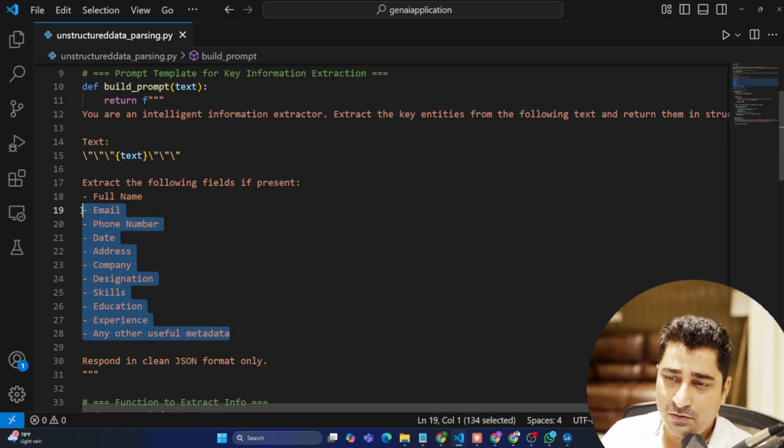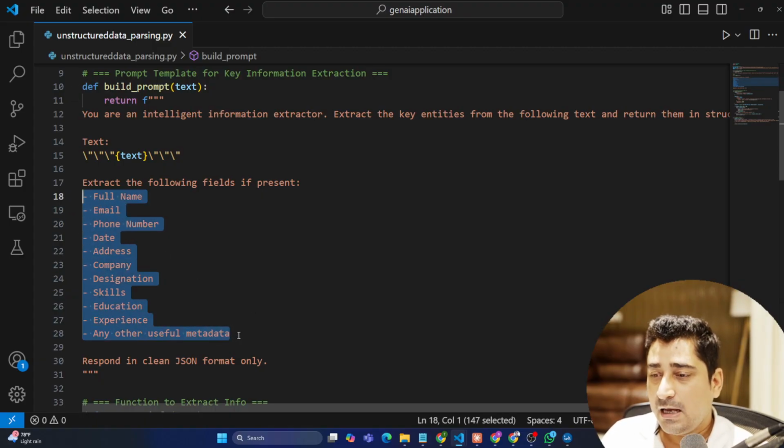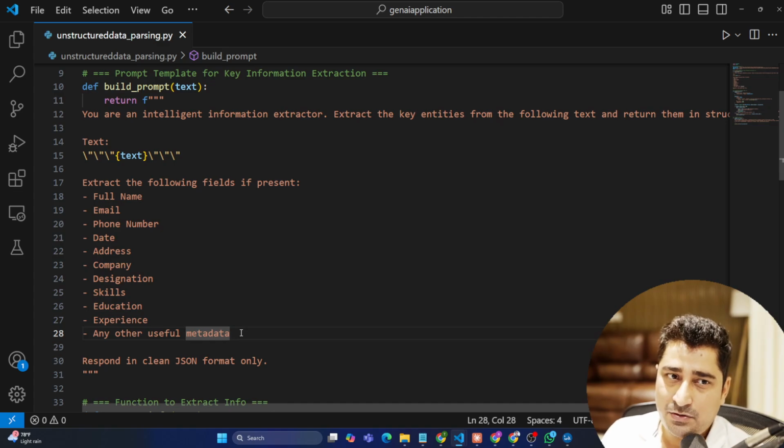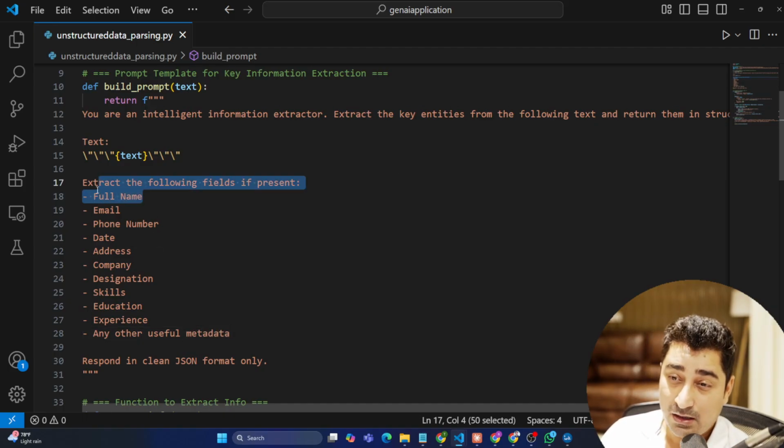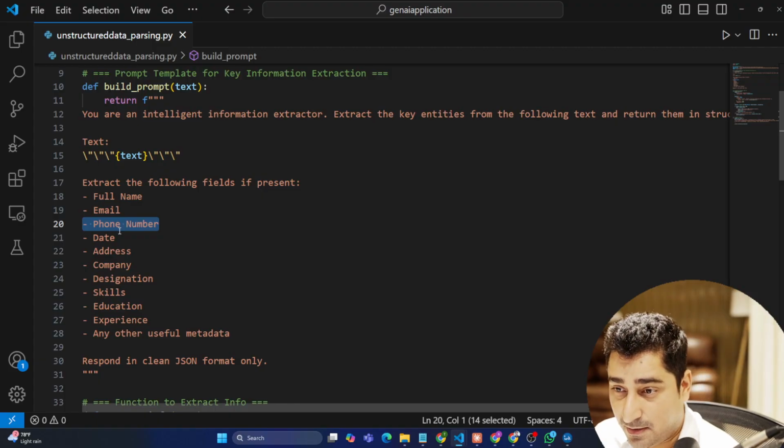Now, why am I showing you this small demo, why have we included this as a part of a project? The reason is that generally we try to use regex, the re package. And with the help of the regex package, we try to parse the information. We try to write a regex, we try to handle all the edge cases. For name, it's practically impossible, but for email ID, for phone number, then again country-wise phone number parsing,